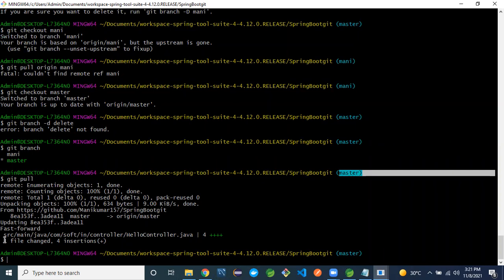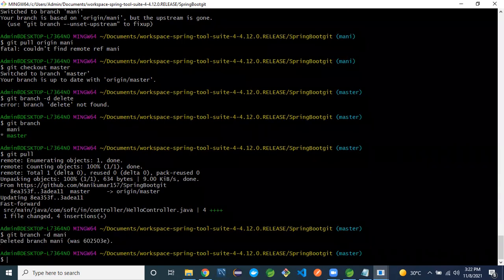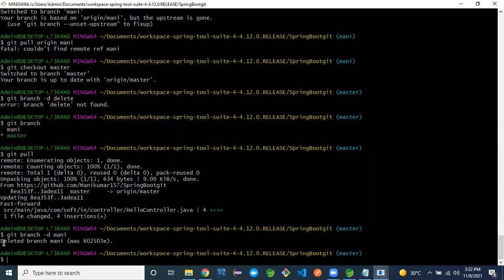One file will be changed. After that, delete the money branch with git branch -d money. Enter. See, deleted branch money.